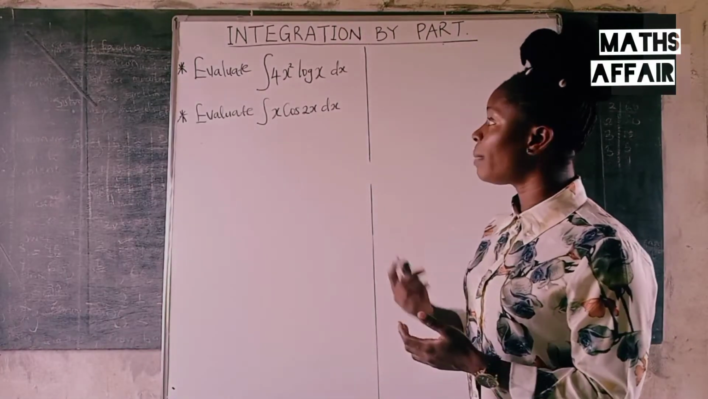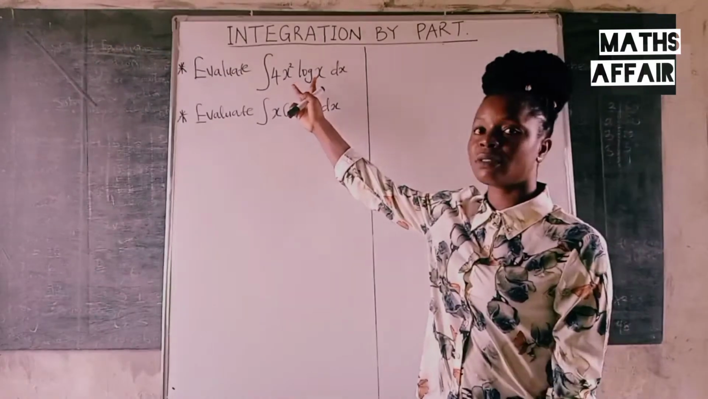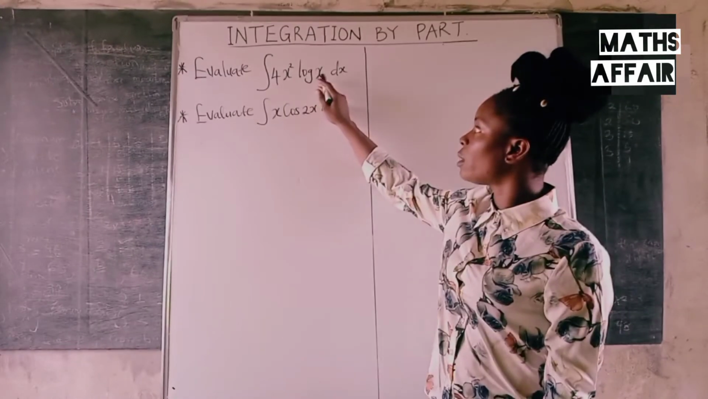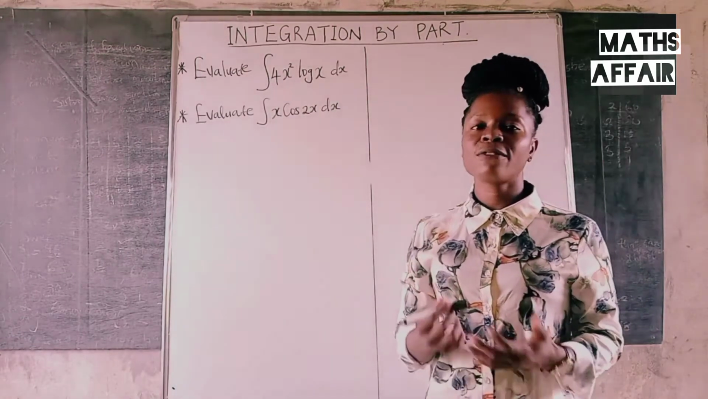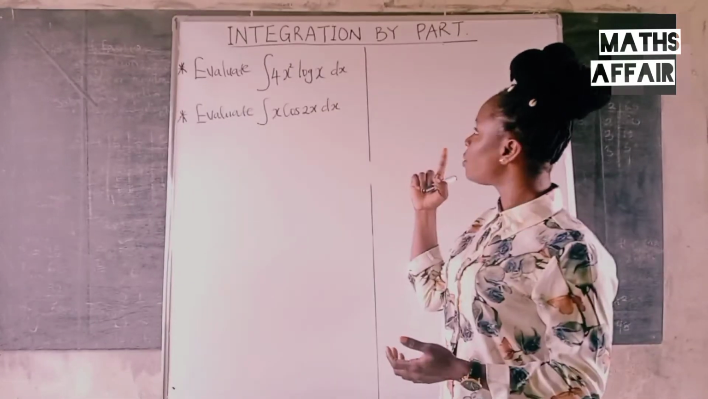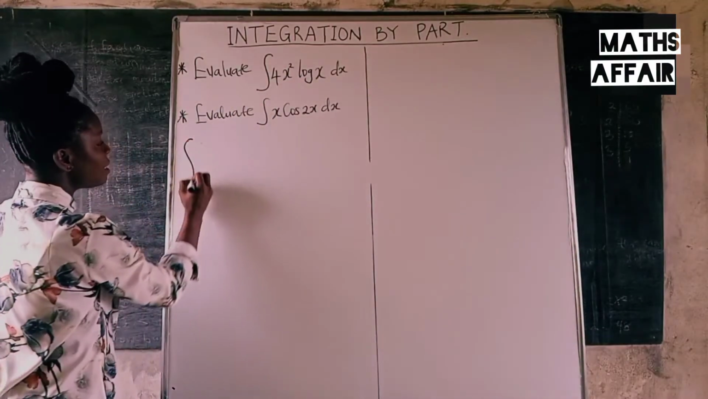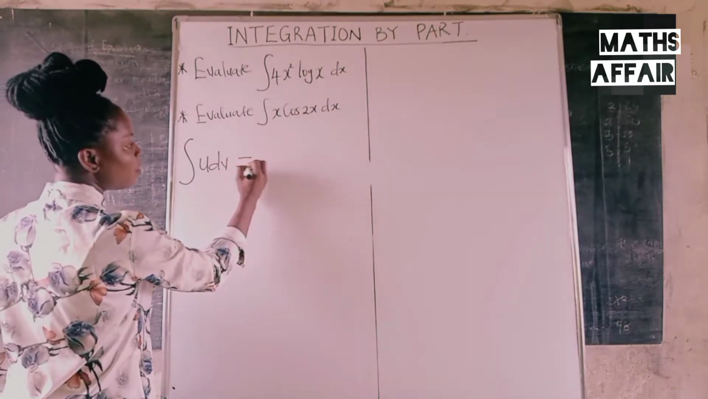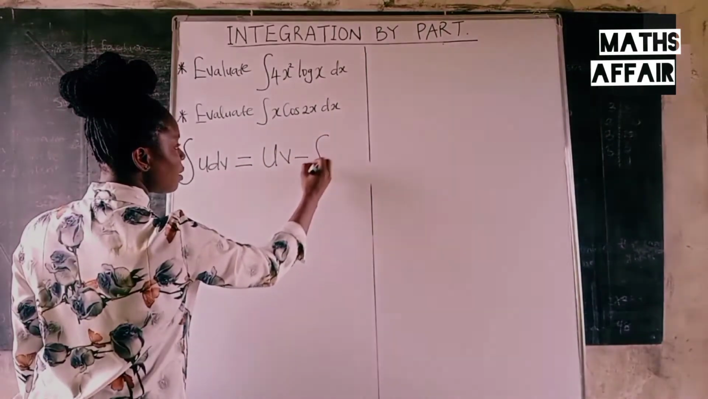Now, integration by parts is a method used in integrating a function that is a product of two functions, like what you've seen on the board now. We have 4x squared log x. This is a function of two products. And we have a general formula we use in integration by parts. It states that the integral of u dv is always equal to uv minus the integral of